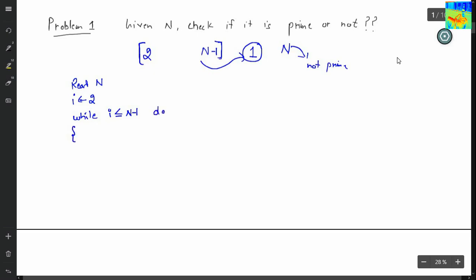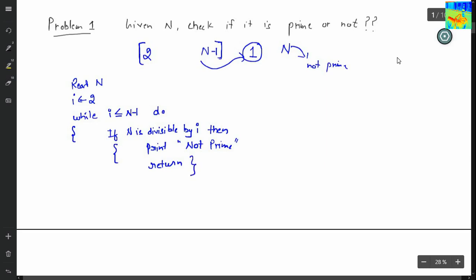I will try to divide the number by I. So if n is divisible by I, then my number is not prime. So I can print here "not prime" and we can end our program. Return. Return means end your program.